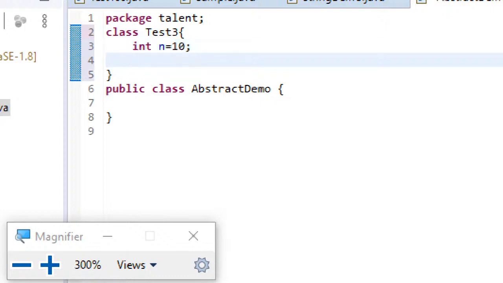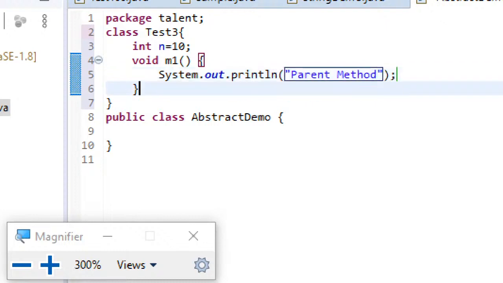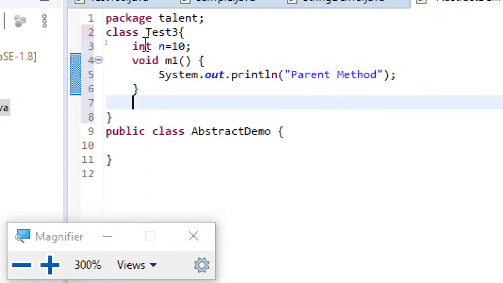Then I'll write one method, void m1, without any parameters. I'll define it with sysout, saying "parent method". And let me define one abstract method.